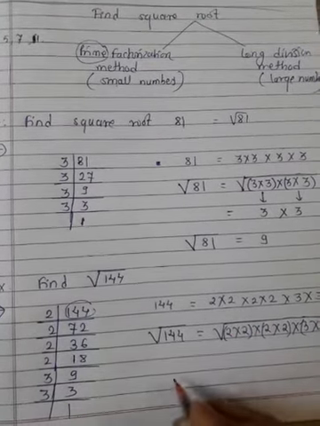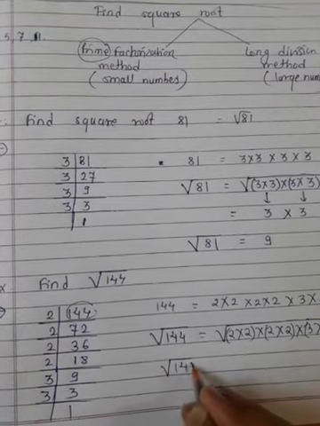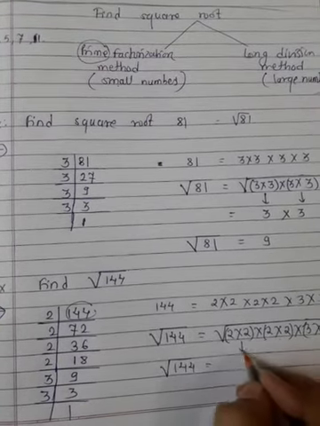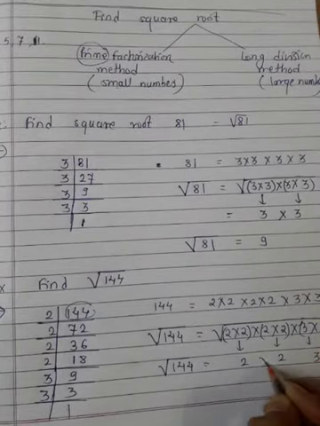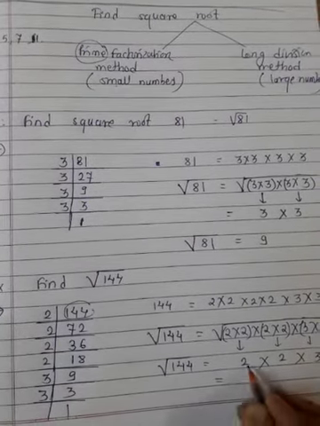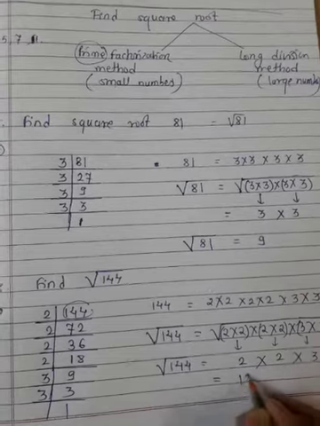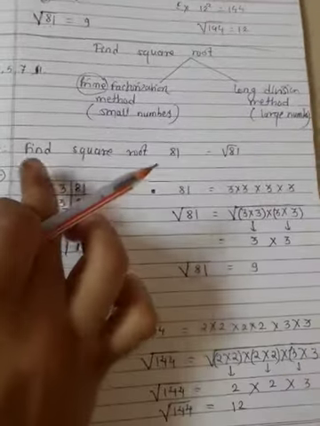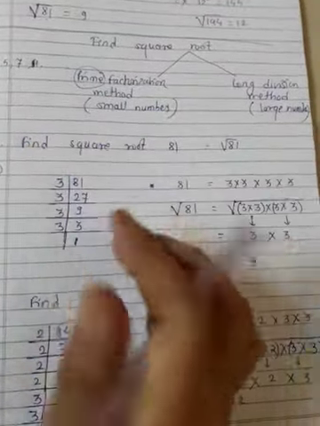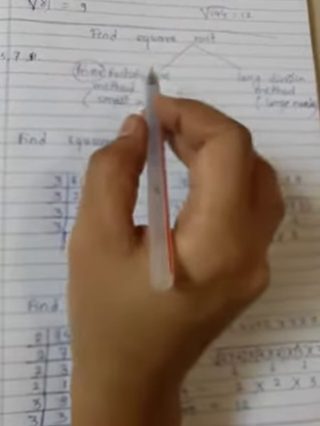Now take one number from each pair. Here 2, here 2, here 3, and multiply them. So we get what? 2 2s are 4, 4 3s are 12. So the square root of 144 is 12. So you can find the square root by the prime factorization method, but this method will be useful to find only